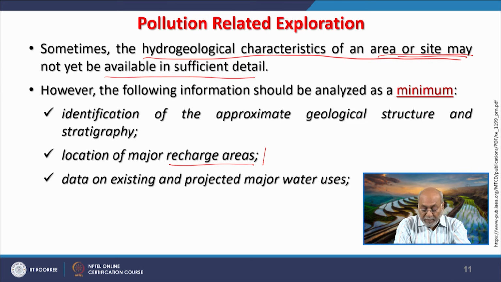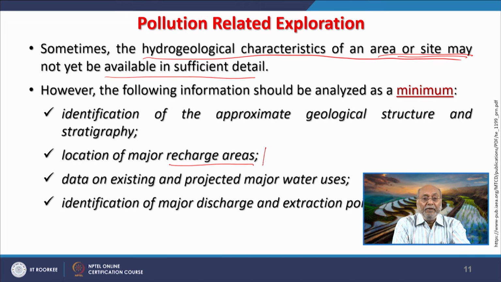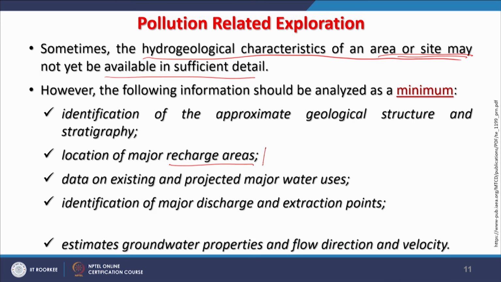Data on existing and projected major waste water uses is needed: how the water is going to be used, how it is being used. And identification of major discharge and extraction points: where the waste, or even the treated water, would be discharged, how it will be discharged, what the quality of that water will be, and what the extraction points are. At least these are the minimum requirements before choosing a site,